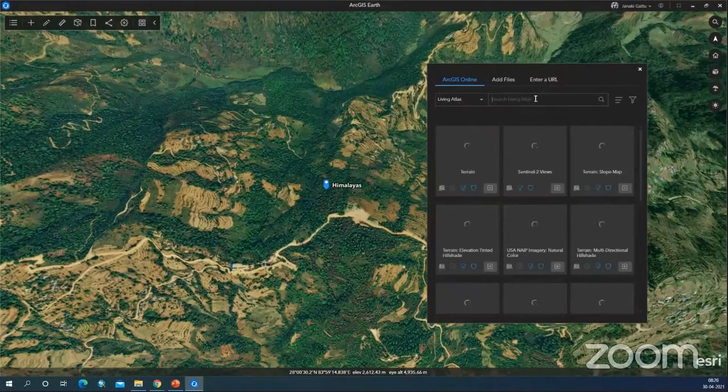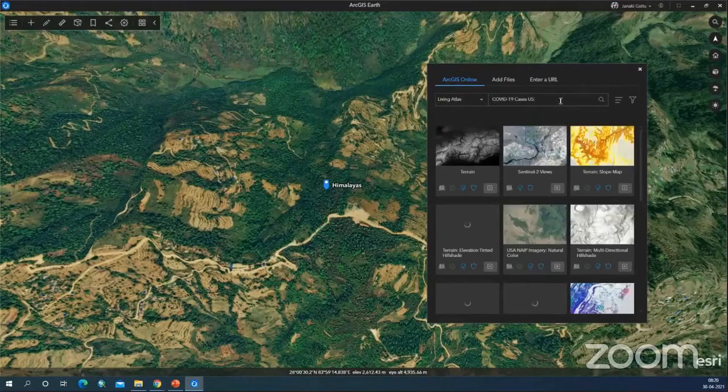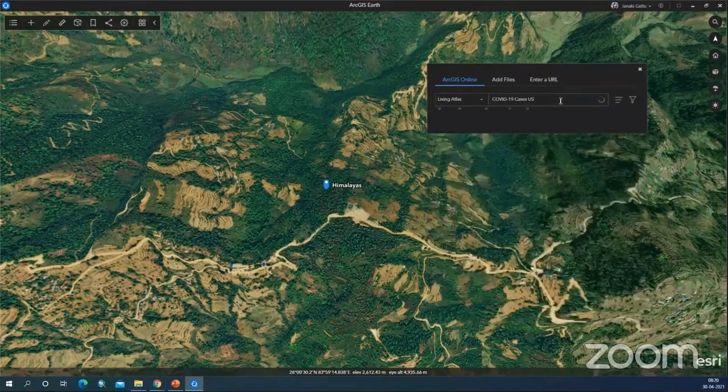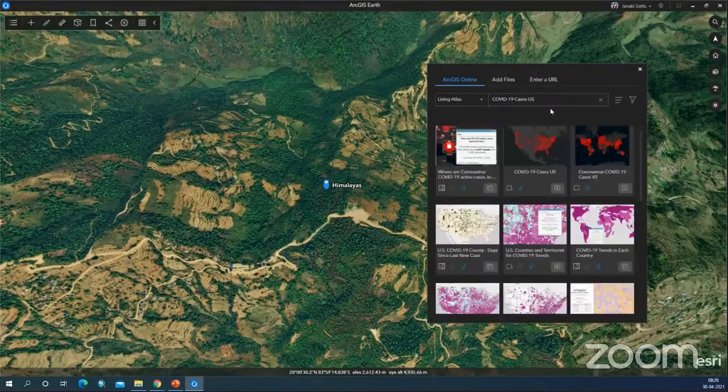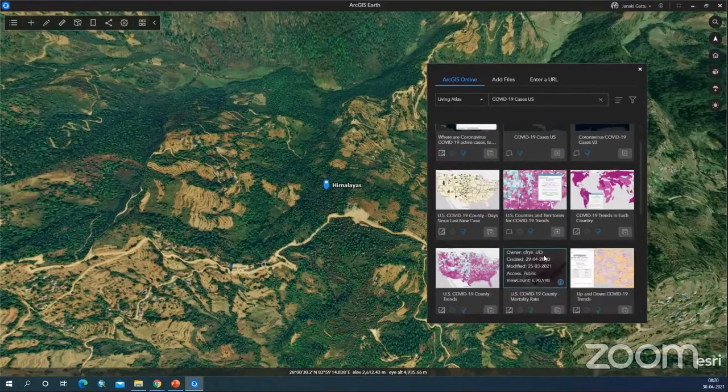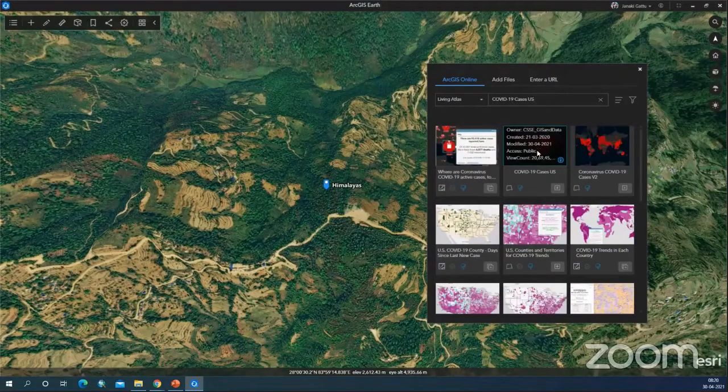and I'll search the data here for COVID-19 cases. So I have a lot of information here, but I just wanted to take the data of coronavirus.